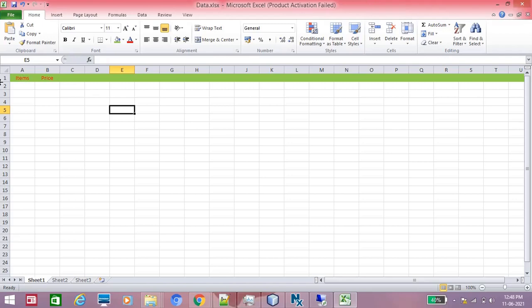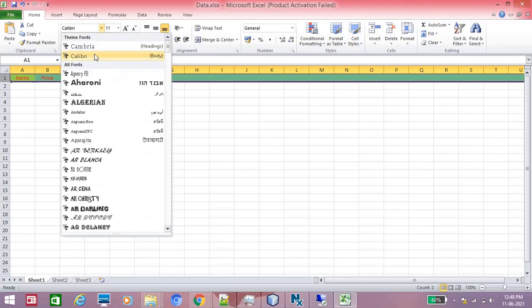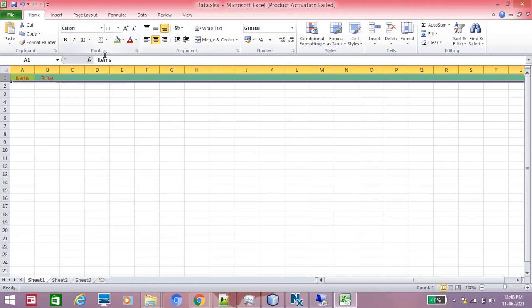For this we can also change the font size and font styles: Calibri, body, or whatever you want, you can select and choose which one you need, Cambria or Calibri. Now we selected Calibri and font size 11. We gave the font style and font text color, and the body color also.